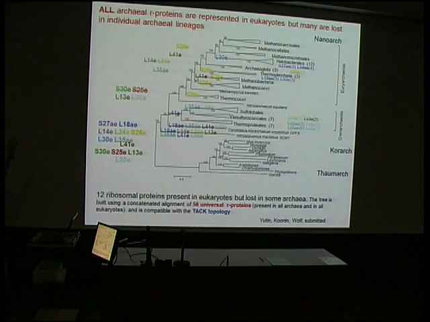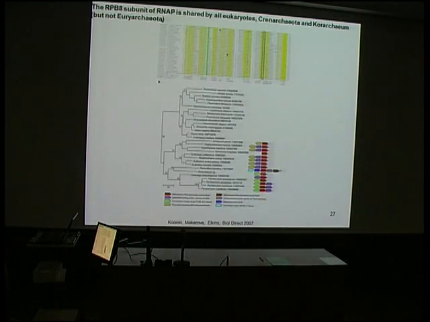Basically, all archaeal ribosomal proteins are represented in eukaryotes. But in individual archaeal lineages, many have been lost. Some here, others here, and so on, and so forth. So you see this ancestral complexity coming out in eukaryotes, but being streamlined in different archaeal lineages. And I will say that this is the pattern that is recurrently seen through analysis of a great variety of conserved